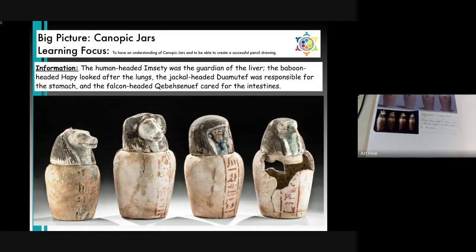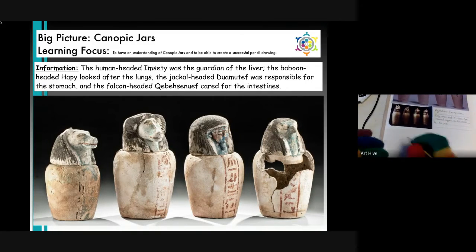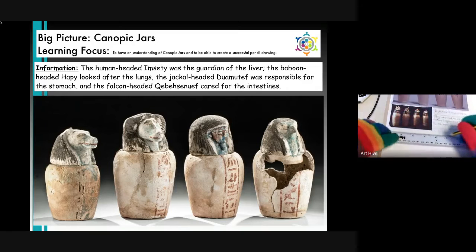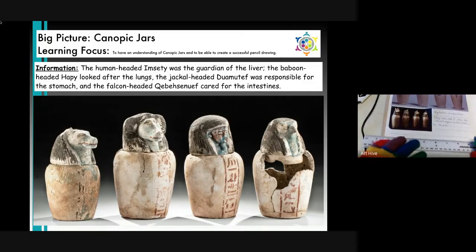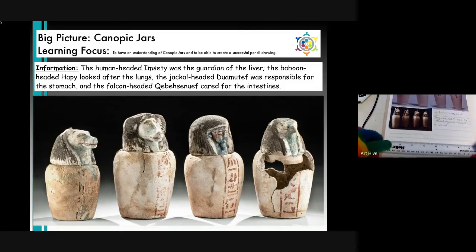And I think that's quite a nice thing. So you might want to, I think I might just do it as some more lines. Actually, I'm going to add some more lines into my sketchbook, just going across here. You don't have to follow it exactly how I'm doing it. You can pause the video if you want to. You can spend a bit more time making notes from the PowerPoint on the screen. But I'm just pressing slightly harder than I would normally, just so it shows up on the camera there,